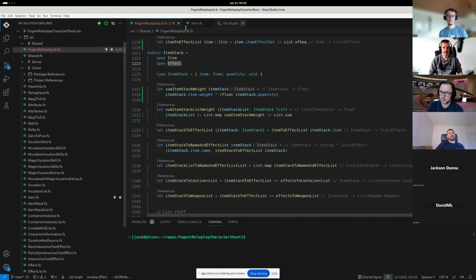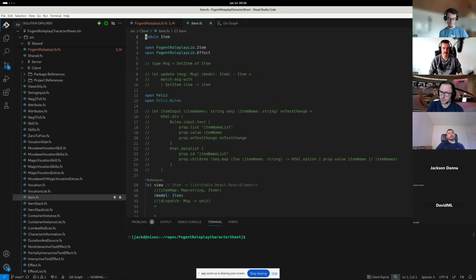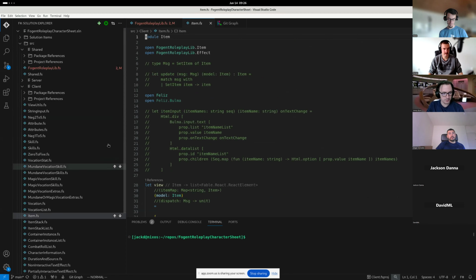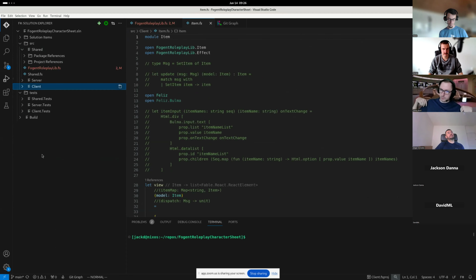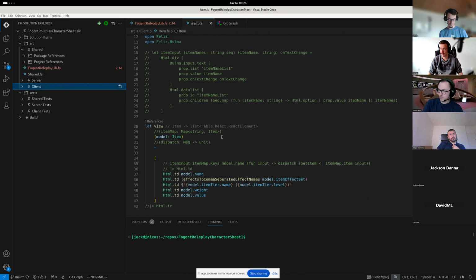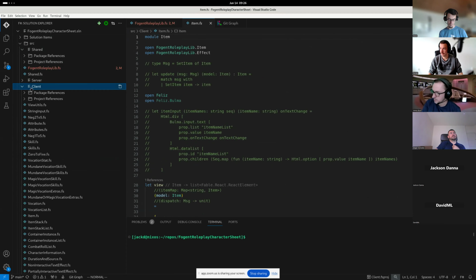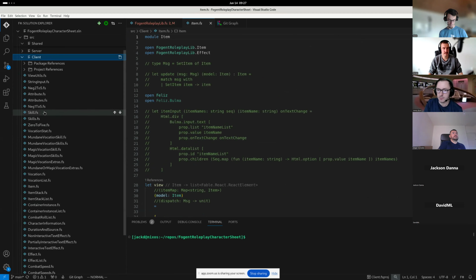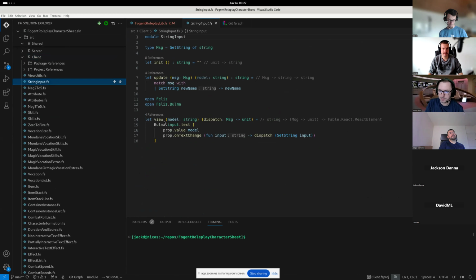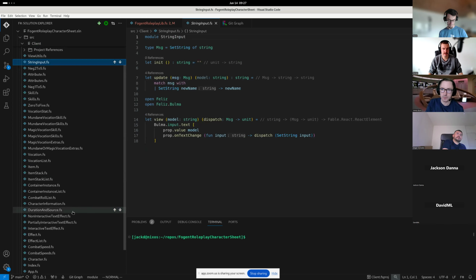So this is just VS Code with the Ionide plugin, which is wonderful, and thanks to everyone who works on it because it makes everything that I do with VS Code and F# so much easier. I do a lot of MVU stuff with Fable right now and the SAFE stack, so I'll be working in here. Here's my client and all my components. You guys can see all this, I'm assuming, correct? Yep. Awesome.